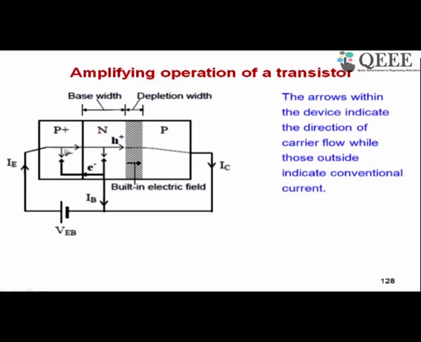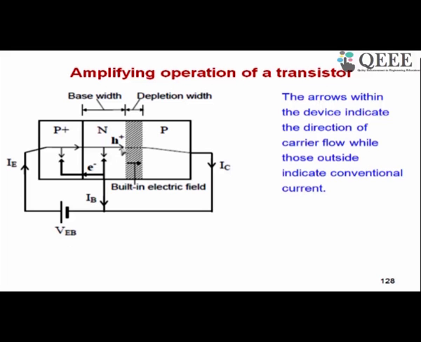The injected electrons will recombine with holes, and now these holes which are injected from P to N, they will recombine in the N region. However, in contrast to a p-n junction, in this case you find another arrow here. That is, a set of holes are moving from the N region to P region, and that is what is responsible for the collector current. Now how do you get this whole current?